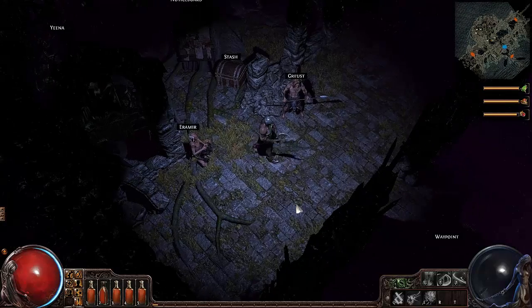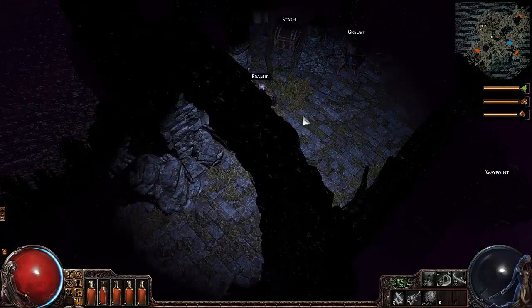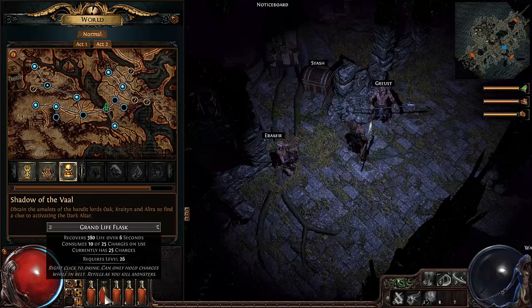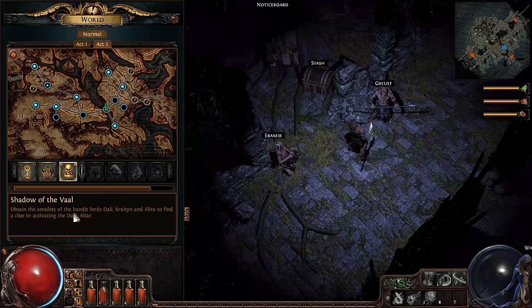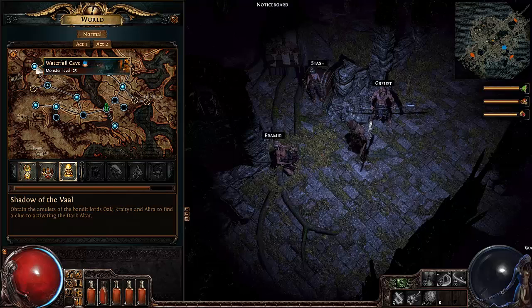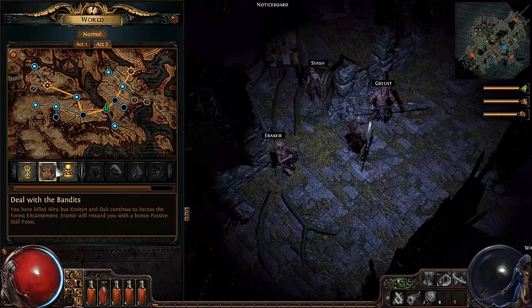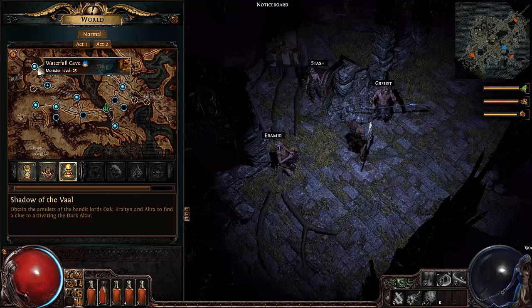Yeah, and later on, I checked out my quest dialogues, and if you check out this one, the Shadow of the Val, which is the quest for trying to get rid of the darkness that's everywhere now, it also says obtain the amulets of the bandit lords Oak, Kratin, and Alira to find a clue to activating the dark altar. So basically, it's kind of a fail, because now I have to kill all the bandits first before actually going back there, and the waypoint was quite a ways off from that room. So yeah, I'm going to have to get back there later, but I'm going to have to deal with the bandits first,